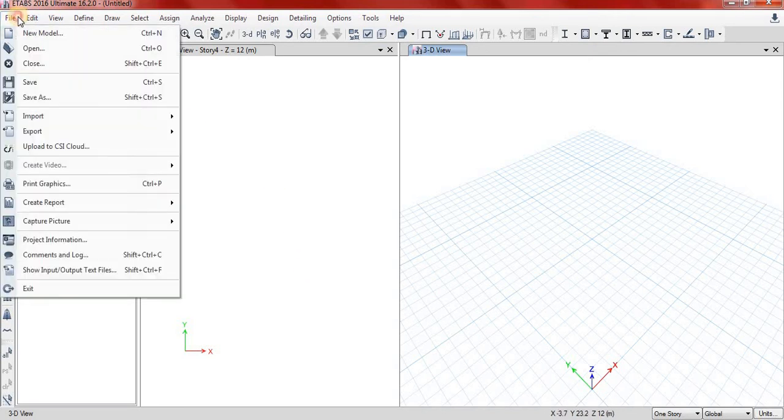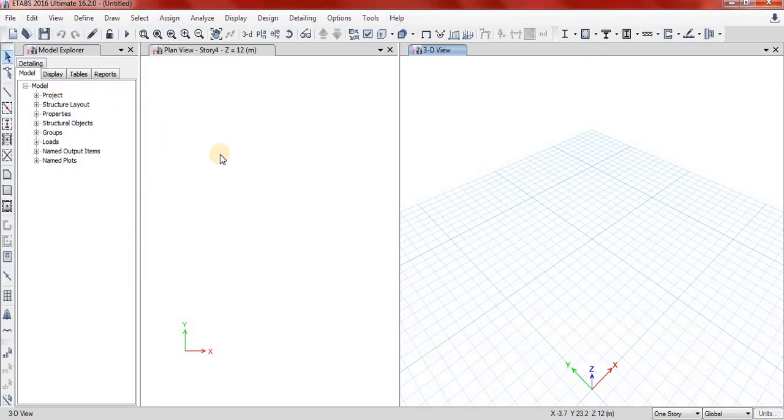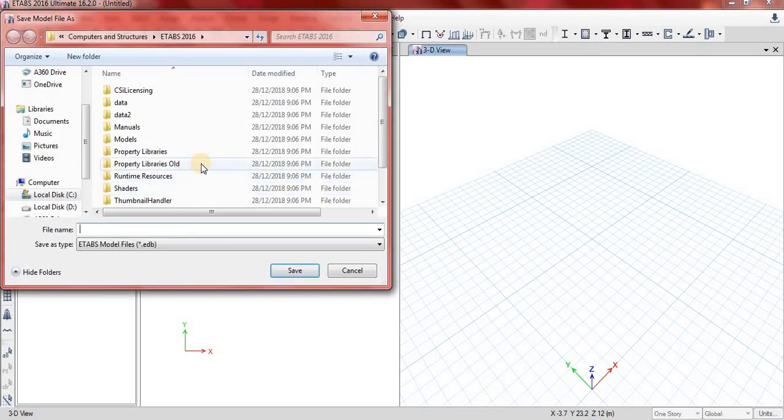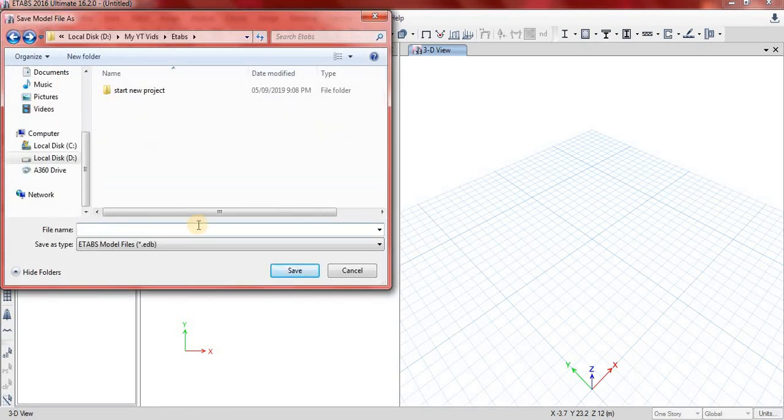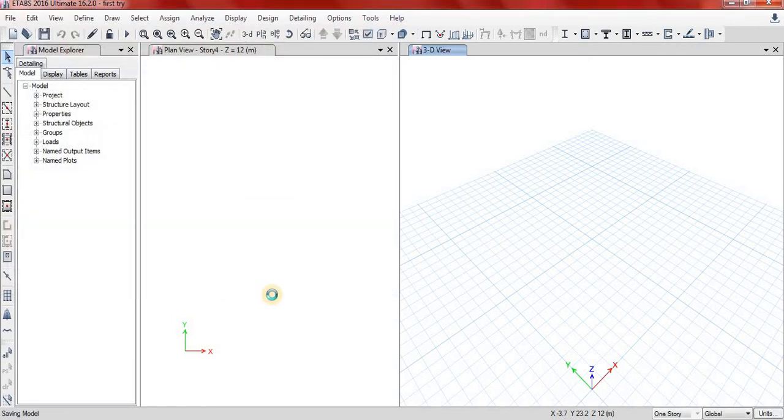So let's now save our project. First it's save as. After you've chosen a place to save your file, let's just give it a name, we'll say first try, and hit save. Now it's saying that it's saving the model and